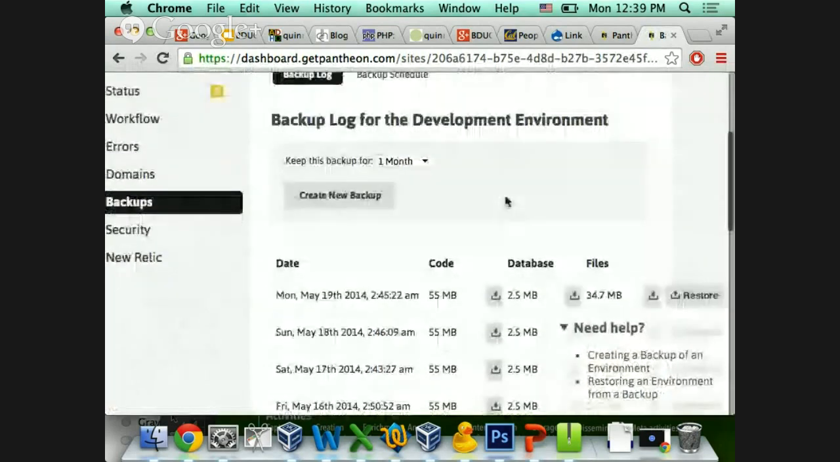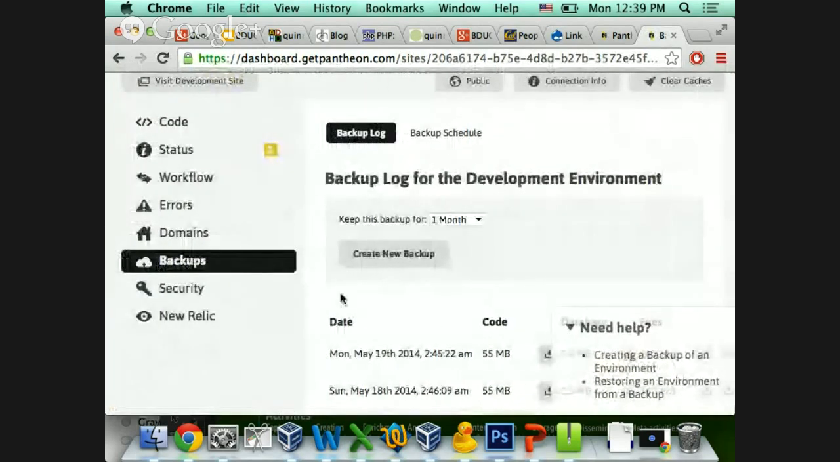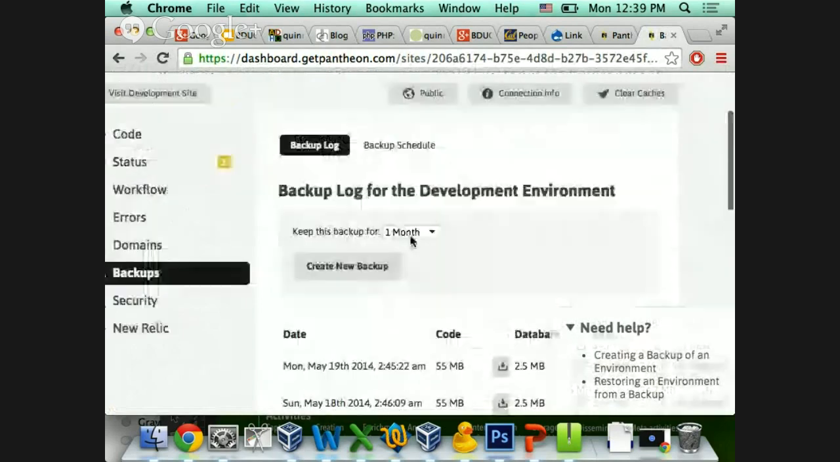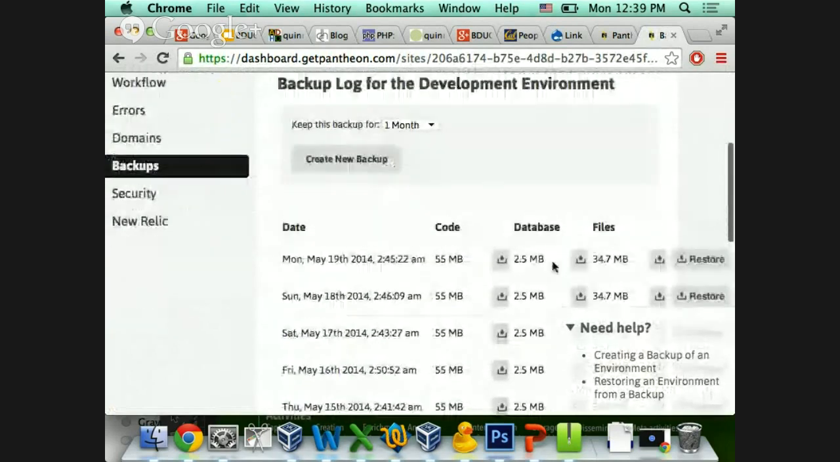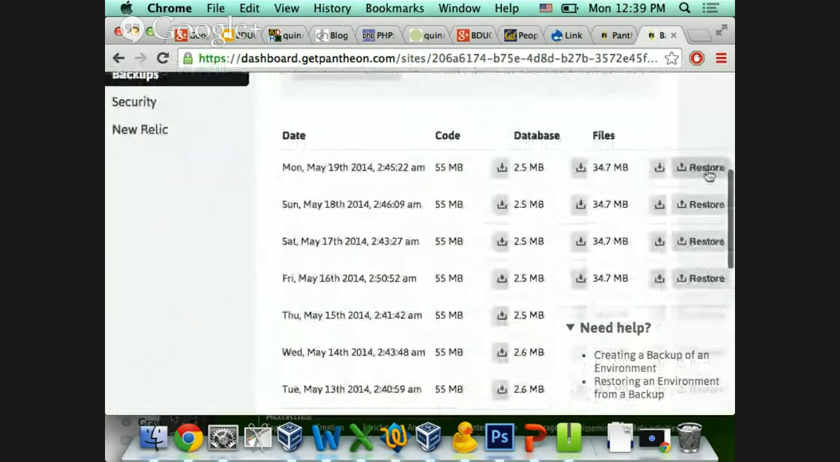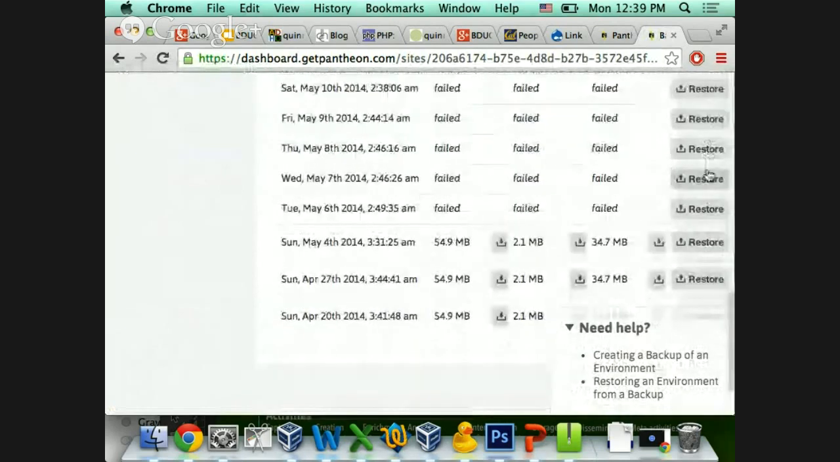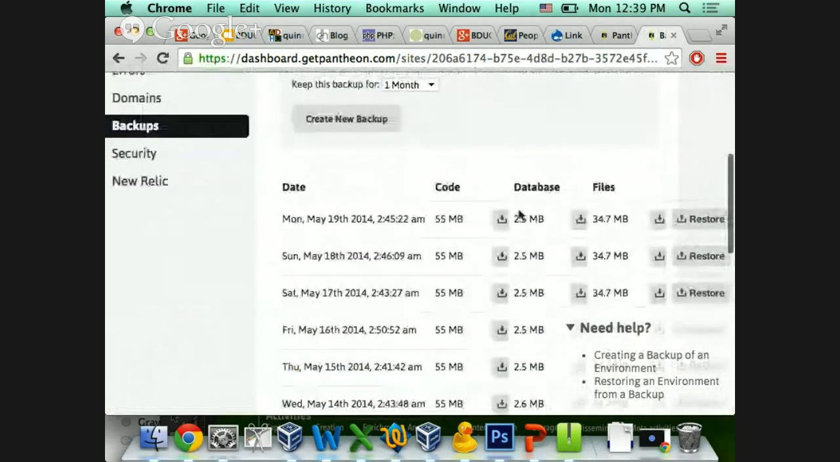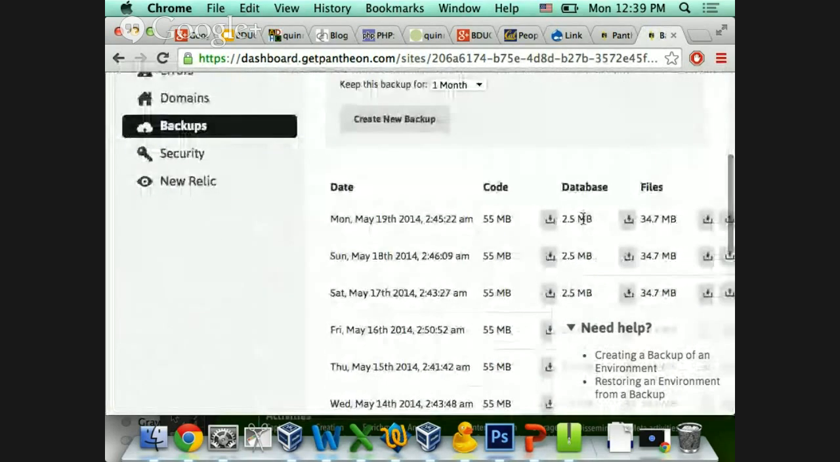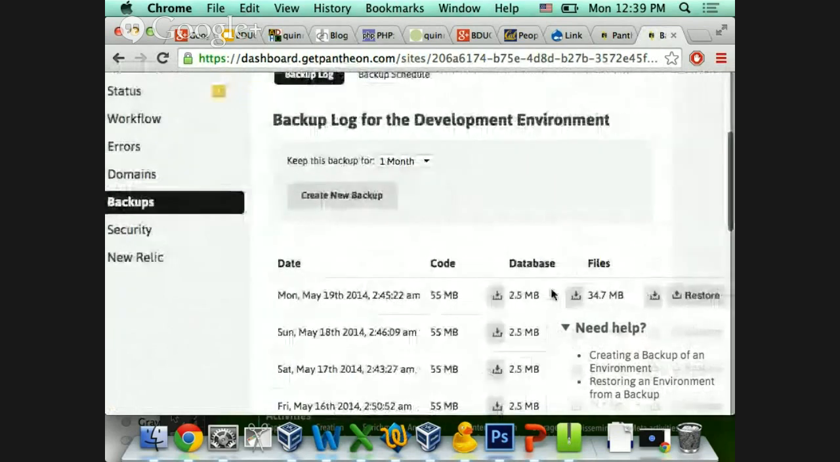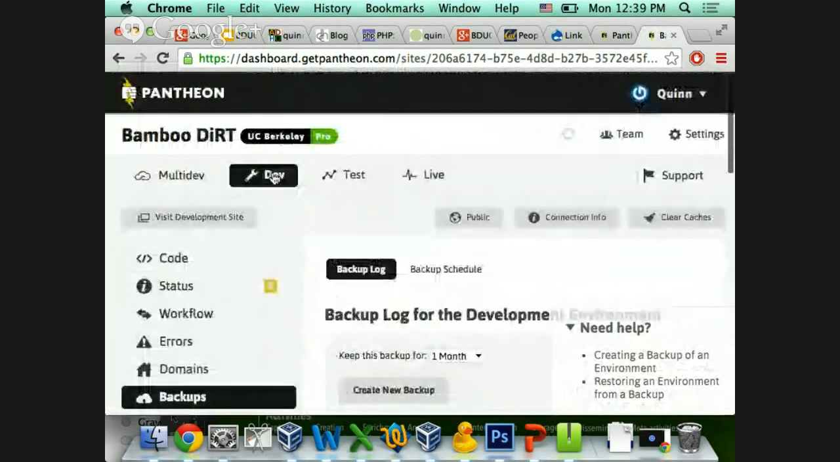So, yeah, there's just a nice little backups tab. You can create a new backup. There's even the handy restore. Yes, they put it right there. They know users. And you can see those little download buttons under. You can get just the database, just the files. Yeah, it's pretty handy that way. But yeah, if you're not using Pantheon,